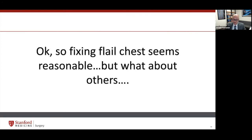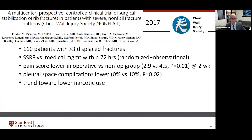So at this point, we had data suggesting that operative fixation of ribs for patients with flail chest was reasonable, but what about all these other patients? As I mentioned earlier, patients with flail chest represent only a small percentage of patients that we see with rib fractures. So in 2017, CWIS published a multi-center prospective trial comparing SSRF to medical management in patients with 3 or